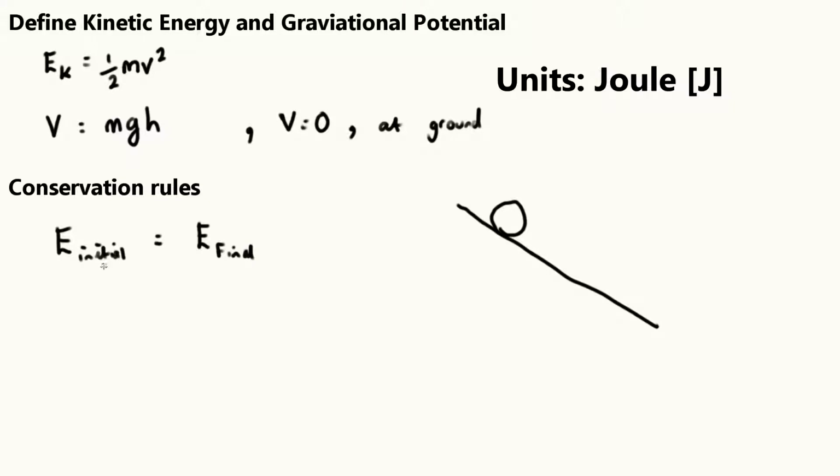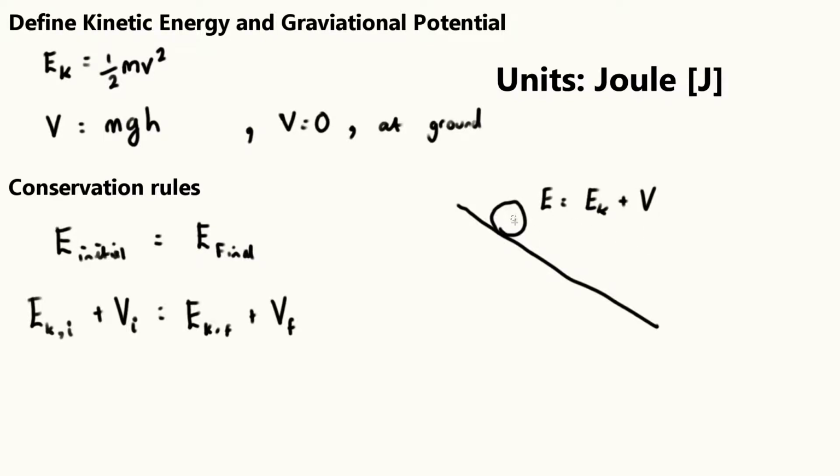If we know that the initial energy is equal to the final energy, then we can pretty much say that the initial kinetic energy, which we will denote as E, k, i, plus the initial gravitational potential energy, is equal to the final kinetic energy plus the final potential energy. Here we have said that the energy of the ball at any point is going to be made up of a kinetic energy and a gravitational energy,